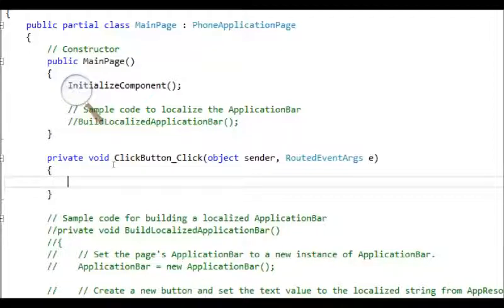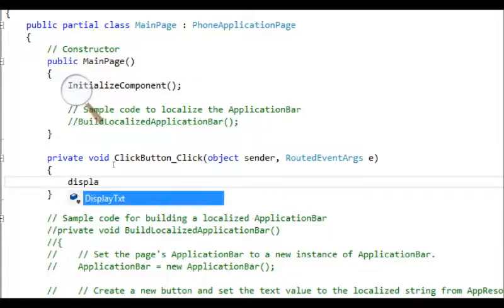Now in computer terms, whatever equations we write, the output comes on the left hand side and the input comes on the right hand side. In normal mathematics, you write a plus b equal to c, but in computer terms you write c equal to a plus b, so that whatever the addition value is will be stored in c. The same way here we need to display output to a text block which we have named display text. So we just need to reference that, call it on the left hand side and display whatever string we want.